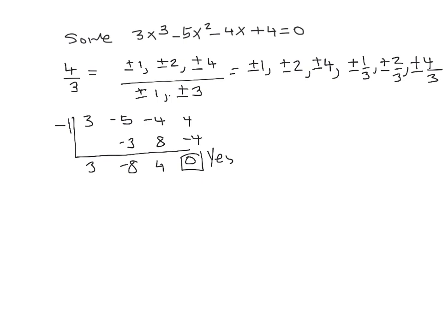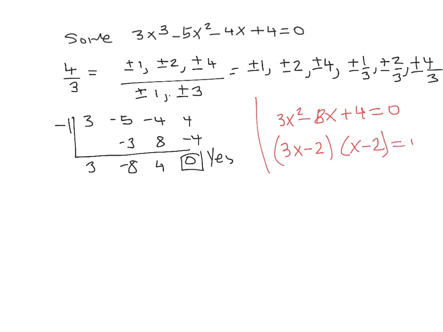So I just need to break the equation now. So this one is going to be 3x squared minus 8x plus 4 is equal to 0. Then when I factor this out, I'm going to get 3x. You can factor using the box method or by splitting the middle term. Get 3x minus 2, x minus 2 is equal to 0, which means x is equal to